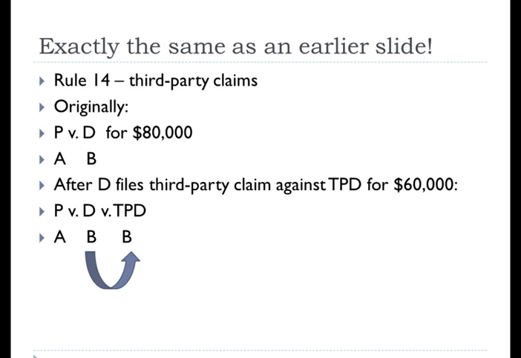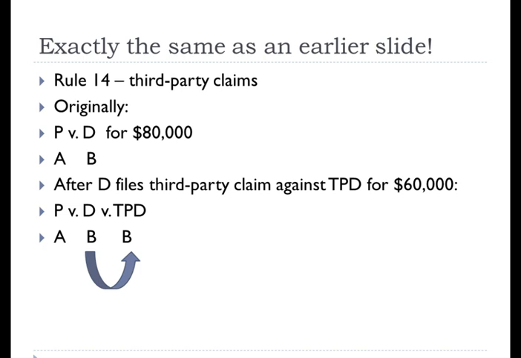Both of them are from State B, and the claim does not reach the amount in controversy. It's only for $60,000 rather than in excess of $75,000. So without the supplemental jurisdiction statute, there would not be original jurisdiction over the defendant's third-party claim here. So this is the wannabe claim. We're assuming that the IT claim and the wannabe claim arise out of the same transaction or occurrence because the question tells us that they do.